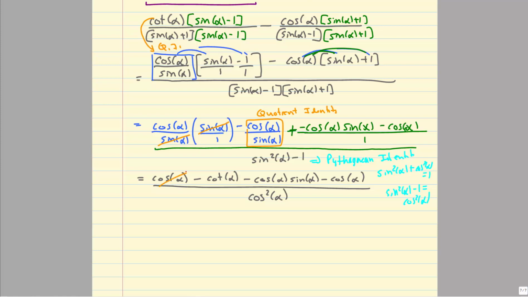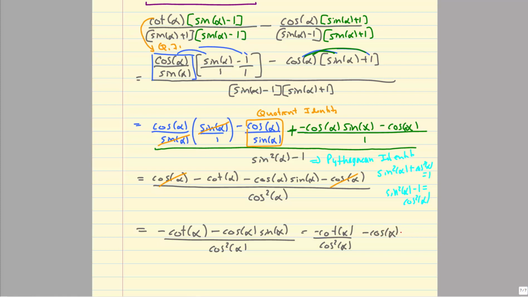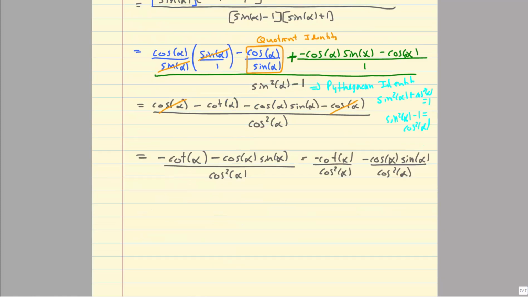Now I see here that cosine alpha and a negative cosine alpha, they cancel, they sum to 0. So I'm left with negative cotangent alpha, negative or minus cosine alpha sine alpha, and it's all over this cosine squared alpha. My next step will be to split this up into two steps, negative cotangent alpha over cosine squared of alpha minus cosine of alpha sine of alpha over cosine squared of alpha. Okay, now cotangent I should be able to rewrite, and when I rewrite this,